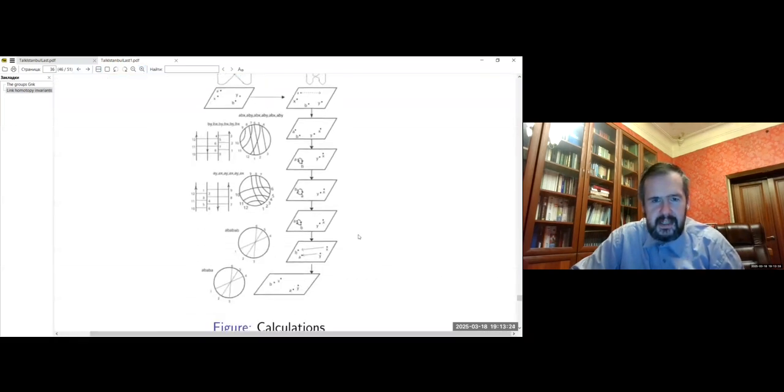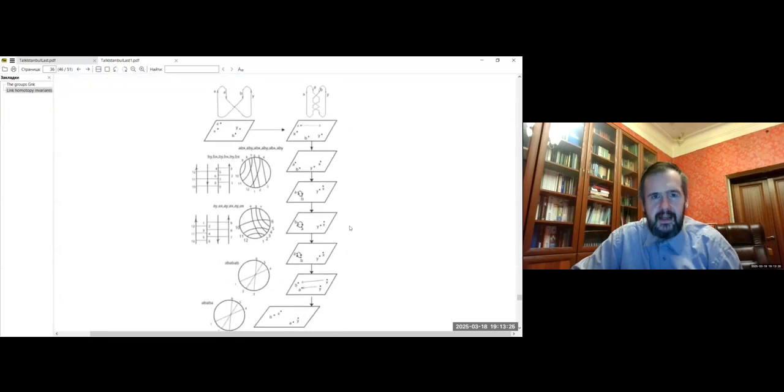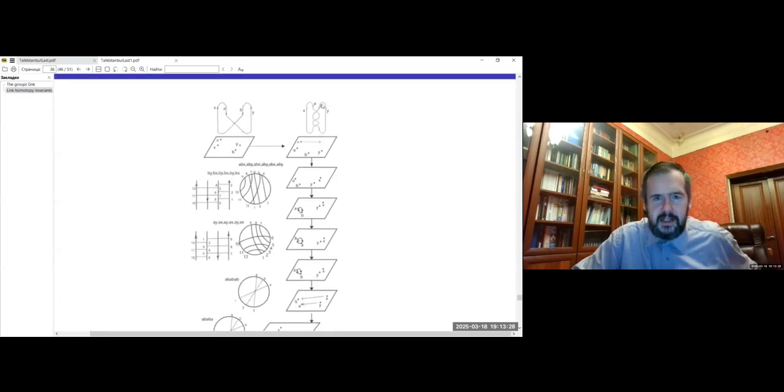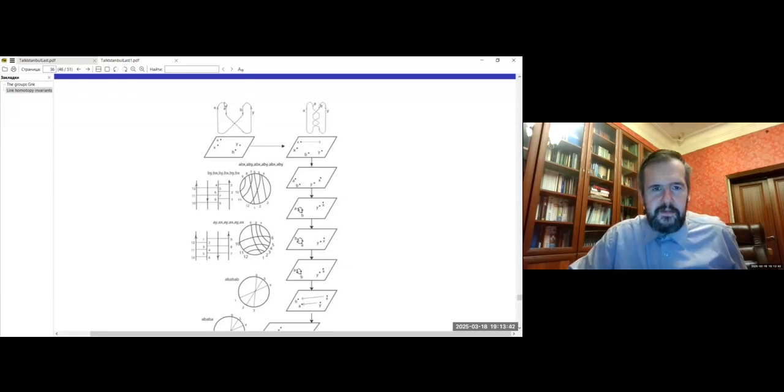So in some sense, if we consider such a diagram of a trefoil, a two-strand braid, and close it up by 2 vertical strands, then we can assume that 2 pairs of points originate from the top, and they start moving, forming a braid,